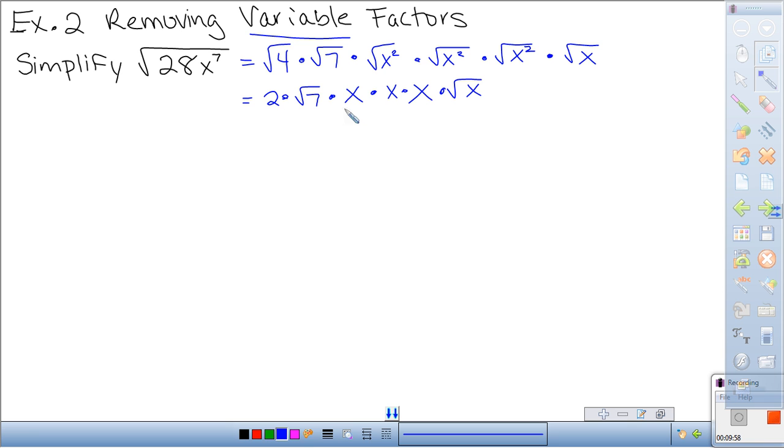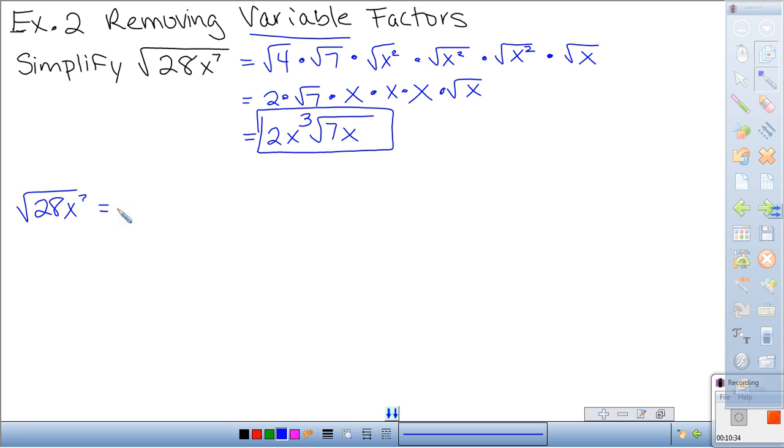Then we always want to put all of our factors or numbers that are outside the radical together. So I have 2 times x times x times x, and x times x times x is x cubed. And then put those numbers or letters or factors that are under the radical together. So we have the square root of 7x. 7 times x is 7x. The square root of 7 times the square root of x is the square root of 7x. There's your answer. Now, my method, we would do the square root of 28x to the 7th equals, and then